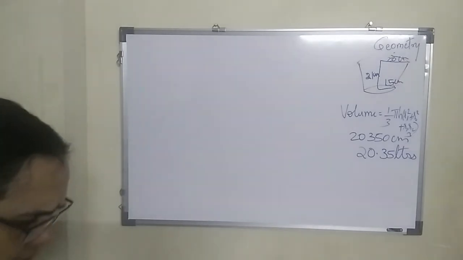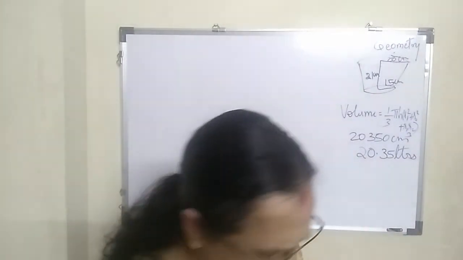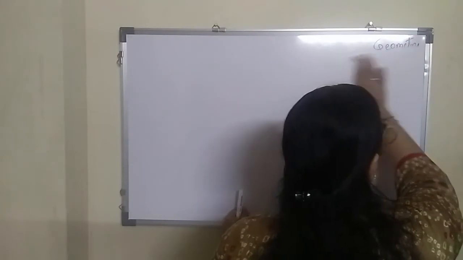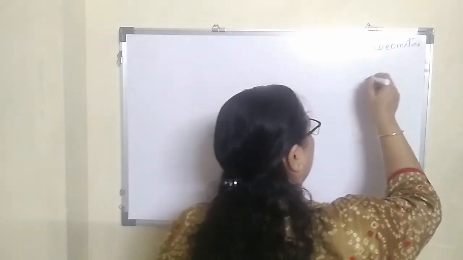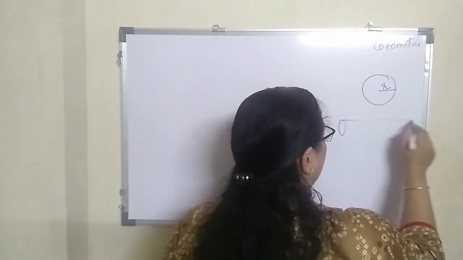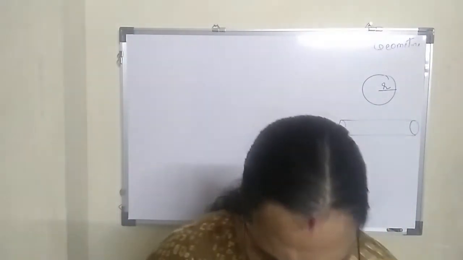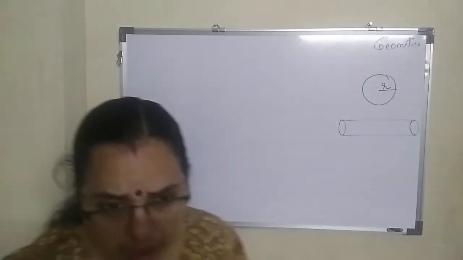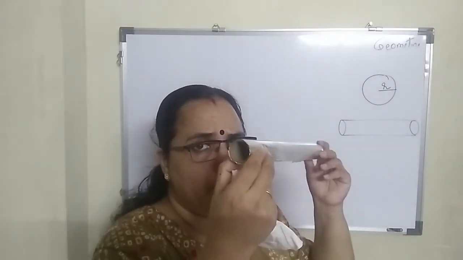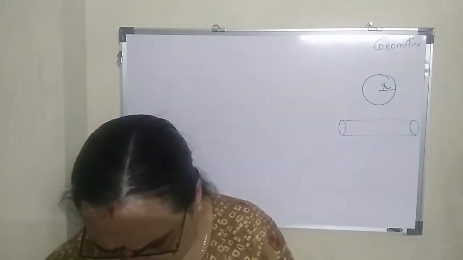Third one. Let us start the third one. Some plastic balls 1 centimeter radius were melted and casted into a tube. So ball means spherical in shape, so you have a radius here and it is casted into a tube. Now I would just like to show you something here girls. Here, are you able to see this? This is what is called as a tube. Agreed or not?